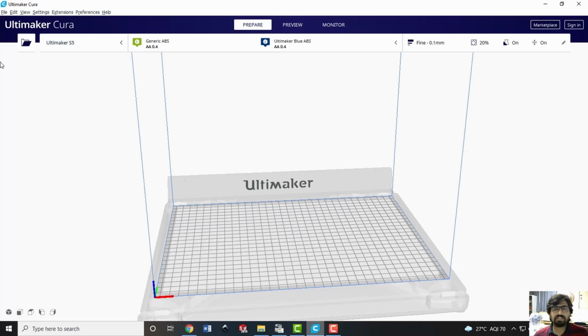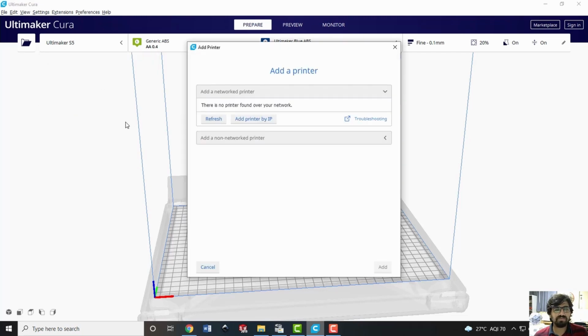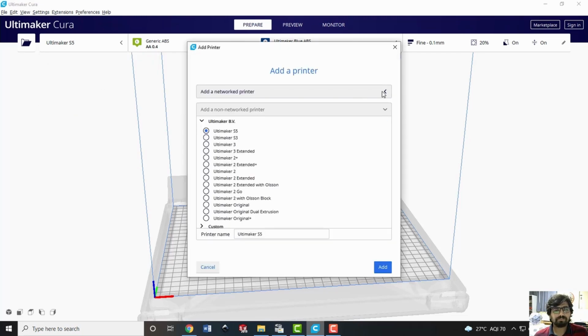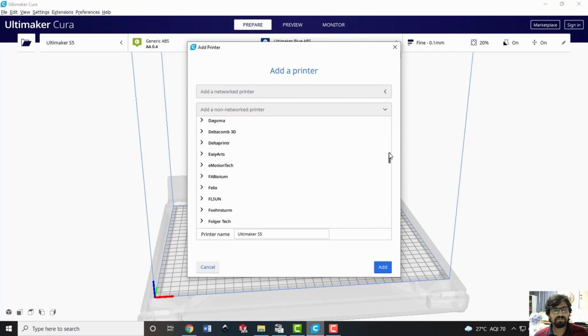As you can see, this is the GUI of the software. I can import the appropriate machine. There are several additive manufacturing machines available, particularly the FDM, the fused filament fabrication or fused deposition modeling, or in general by ASTM it's called the extrusion based additive manufacturing processes. Those machines are widely available here. If I add a printer, several options are available from different companies. So appropriately you can select the machine which you are having, bring it here, do the slicing, and then later transfer it.